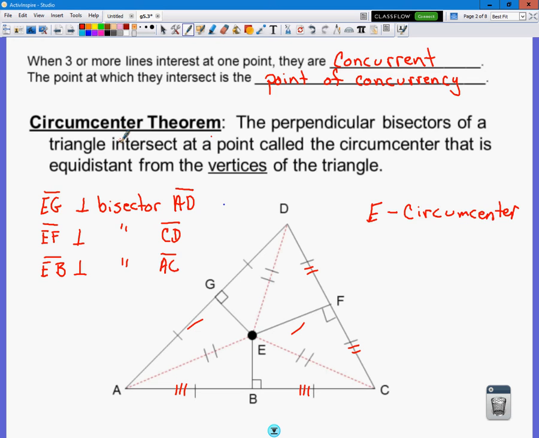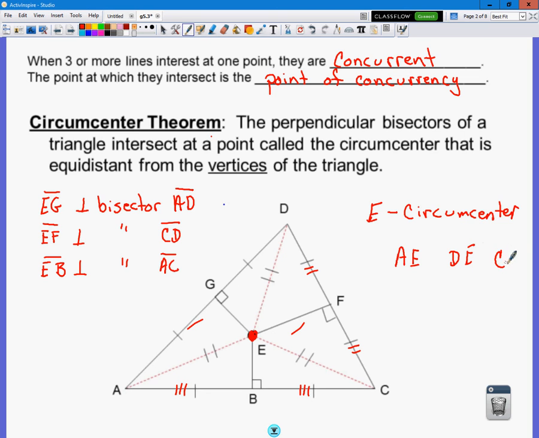Here's what the theorem says. The perpendicular bisectors of a triangle intersect at a point called the circumcenter, point E in this case. It is equal distance from the vertices. In other words, if I go from A to E, if I go from D to E,